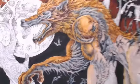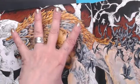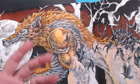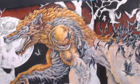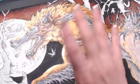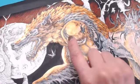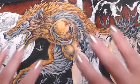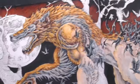Now when I go to photograph this, and this is a tip if you're photographing your color book pages, if you have stickles or Wink of Stella, gold paint, anything shimmery, and you want to show that, you're going to have to take a main photo like this, where you can't see it, and then take a photo at an angle, like a side shot as a detail shot, and post both pictures. When you photograph it like this, you're not going to see the shine on a photograph. So if you want people to see your shimmer,